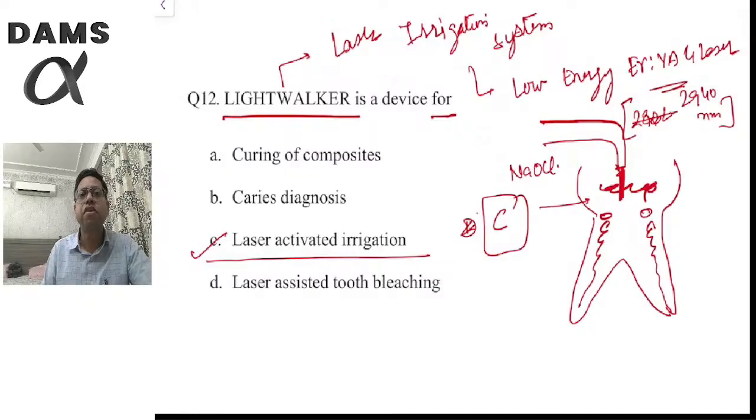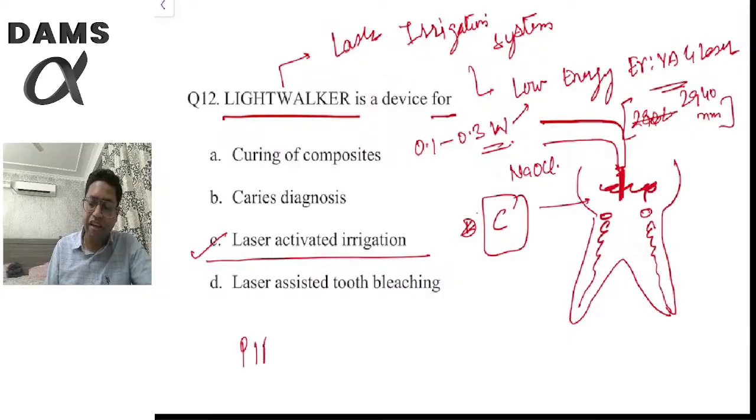What laser is used? Erbium YAG laser at low energy. Low energy means 0.1 to 0.3 watt. Low energy is used. Okay. This laser energy would agitate and activate the fluid present inside the pulp chamber. What is the fluid present? It is sodium hypochlorite, and this method is technically called